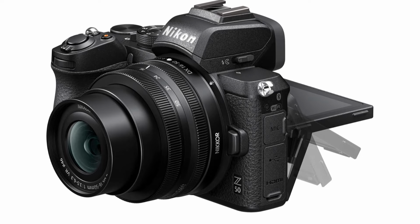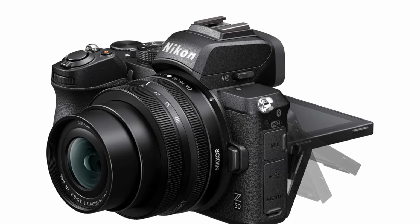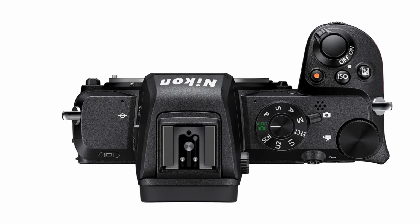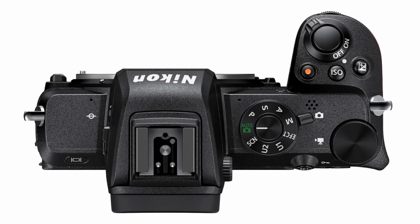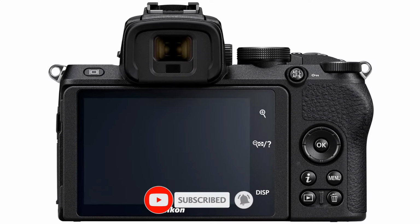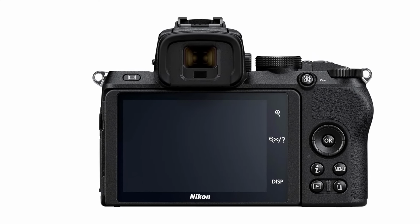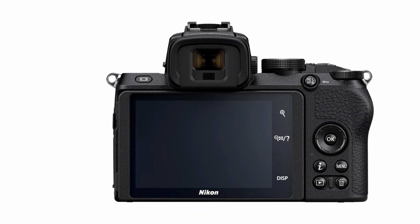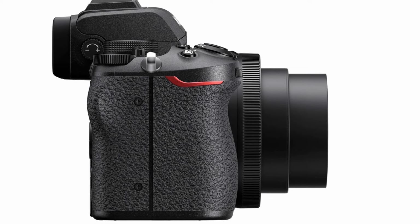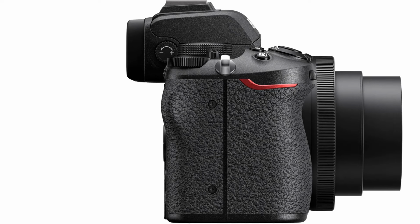While it isn't the most portable APS-C option on the market, the handling, build quality, and features are all excellent for the money, and it's still more compact than full-frame alternatives. It's even weather-sealed, giving you more peace of mind when shooting outdoors. Inside is an excellent 20MP APS-C sensor that performs admirably in low light, and the camera can shoot at a respectable max burst rate of 11 frames per second. Topped off with a solid autofocus system and 4K recording at up to 30 frames per second, it's a capable